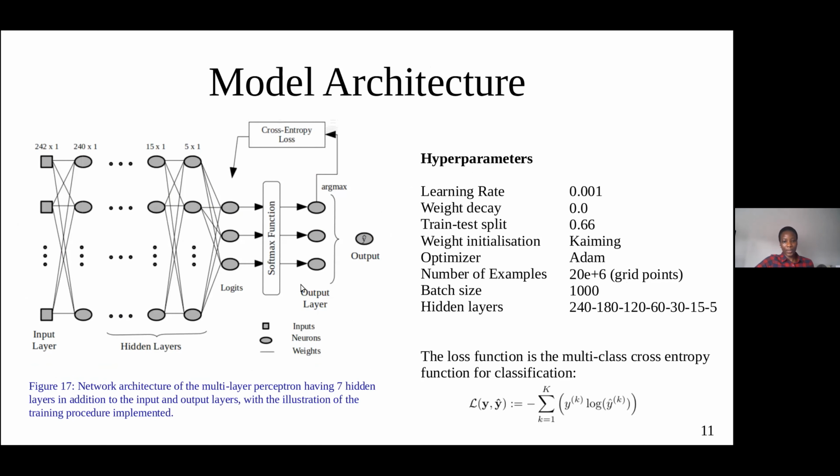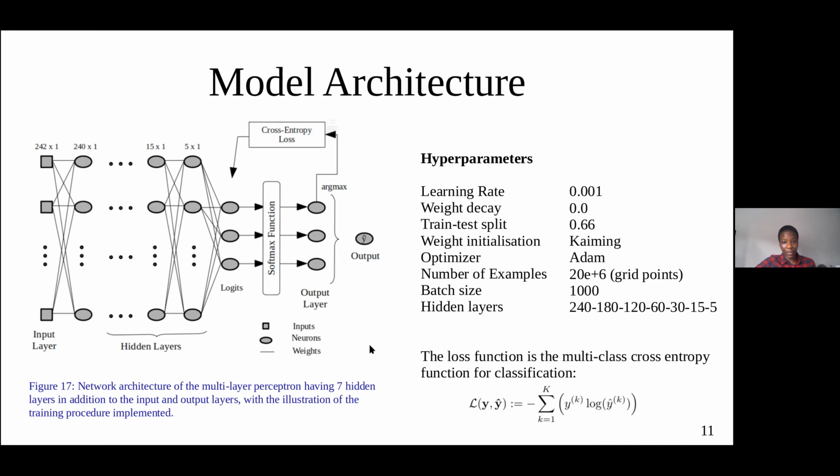And this is the model architecture. These are the hyperparameters for the model that we trained. One thing that jumps out is that there were a lot of examples used. However, these are grid points. So essentially, if we use 20 million examples, we can say that is equivalent to 20,000 examples on a 10 by 100 grid. So yes, this is how we were able to train the model for this next approach